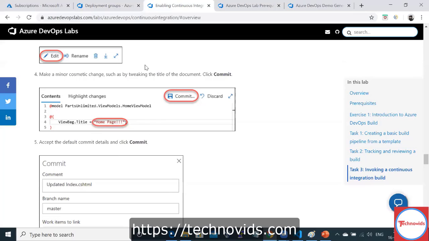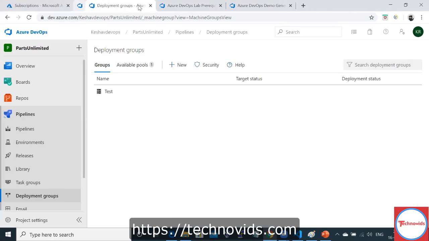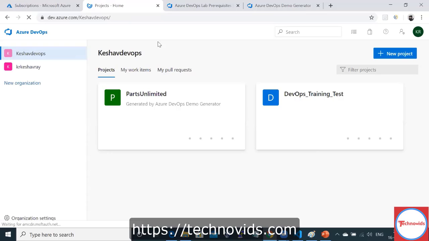Whatever we see through this Azure DevOps lab is not going to be very complicated. The ones that I will be showing you using Azure ARM templates or PowerShell inline scripting will be a little bit more complex than what we saw today. So for now we will wind up. If you have any questions, just ask before winding up.